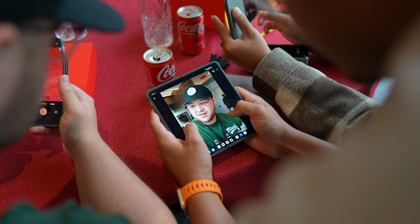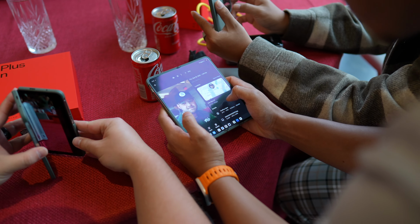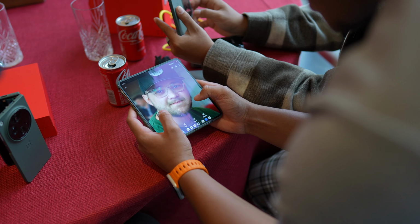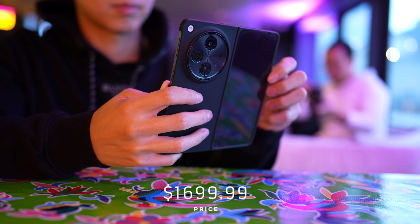For the software, OnePlus is fairly simple in their OS, so that's really personal preference, if you like it or not. Personally, I don't have any problems with it at all. Now for the price, this phone goes for $1,699. Now you do get at least a $200 trade-in credit